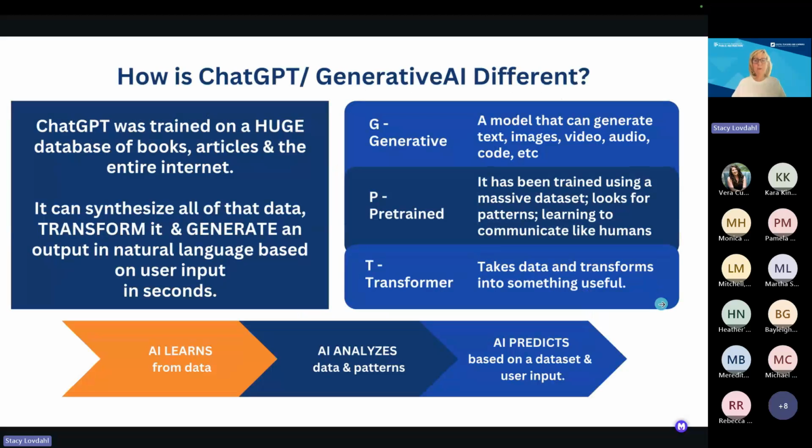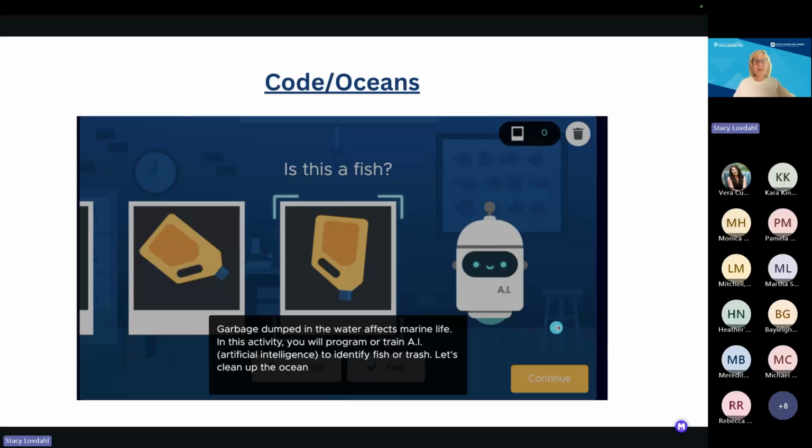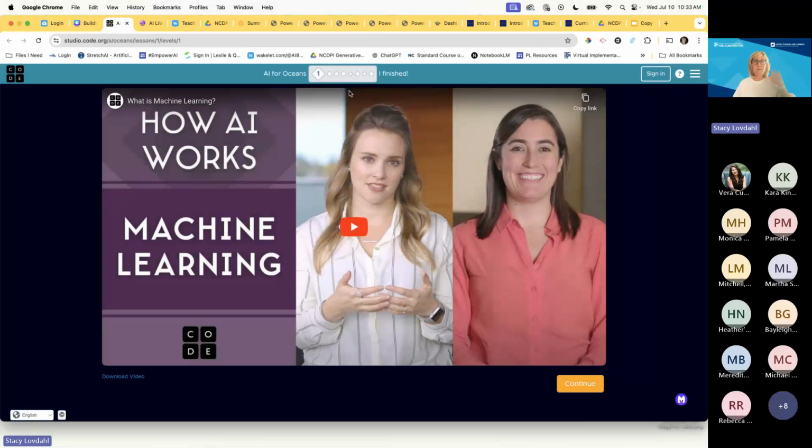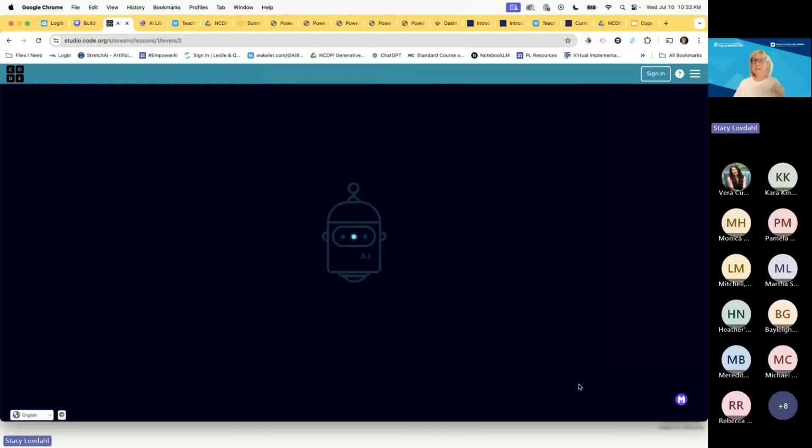They did some social learning, and they asked each other questions a little bit. And then we went on and defined what GPT actually means, to drive home that these letters actually have some meaning. And then I had them play this game. This is code from code.org, and it's this oceans game. Type in the chat if anybody has actually played this with their students. You can play this video. I didn't play the video. I just had them click continue. And some of them did it on their phones and some of them did it on their devices.